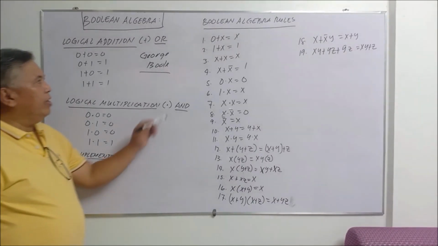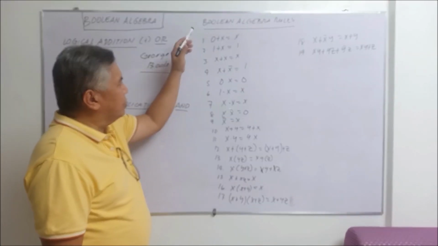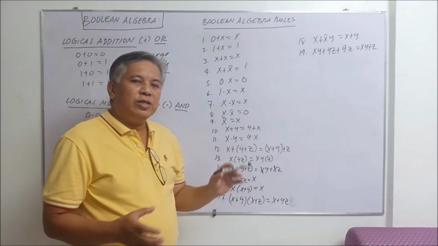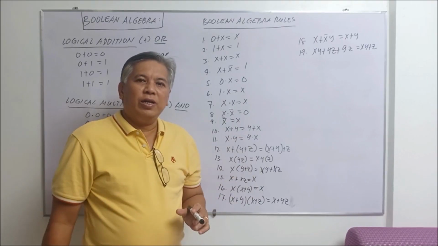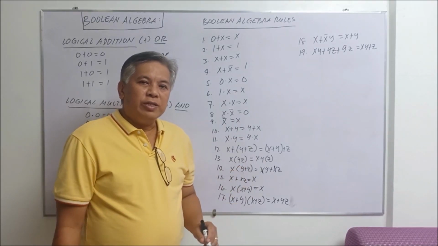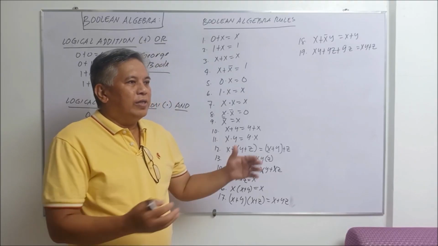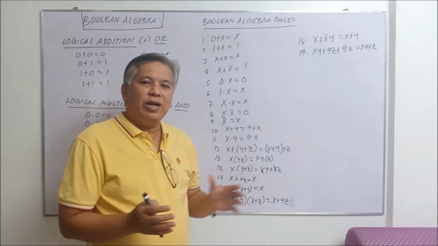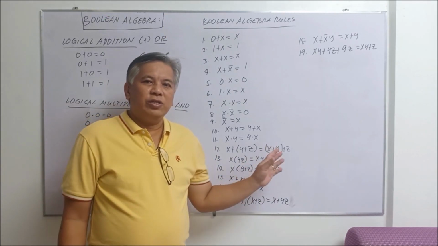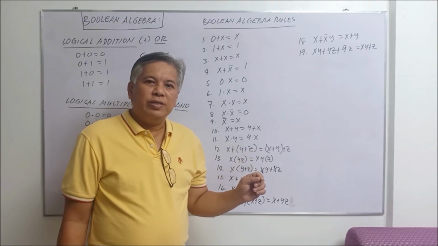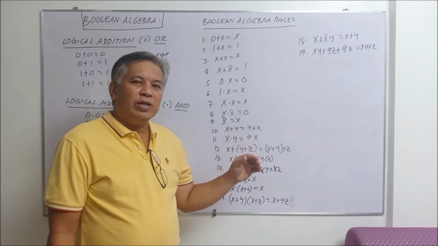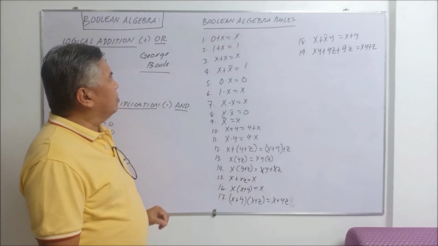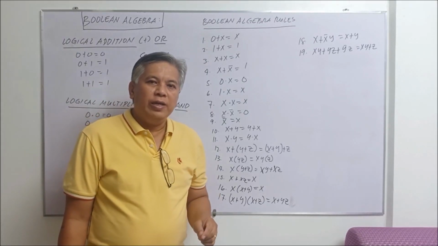Then we have here Boolean algebra rules. We will be using these to simplify equations so that the logical circuits which represent a particular logical equation can also be simplified. When you say simplified, the circuit will now be smaller, compact, not having many components, but it uses a small number of components and functions the same way as the original equation that we simplified. So again, Boolean algebra rules here are used to simplify equations.